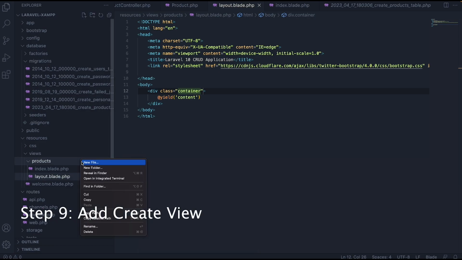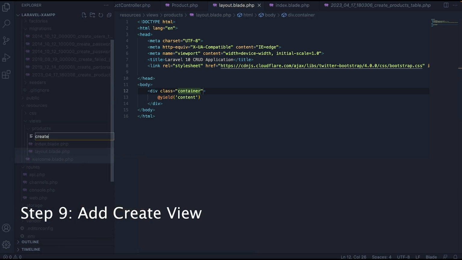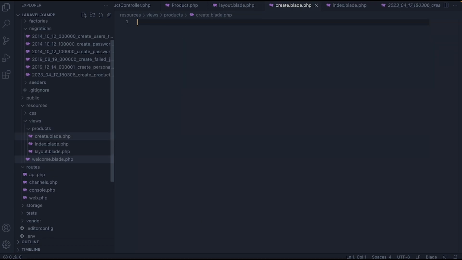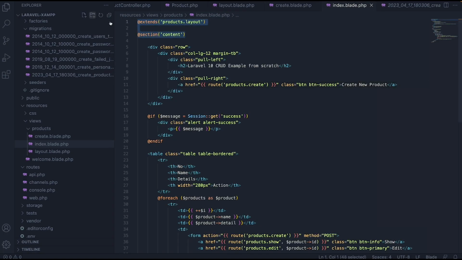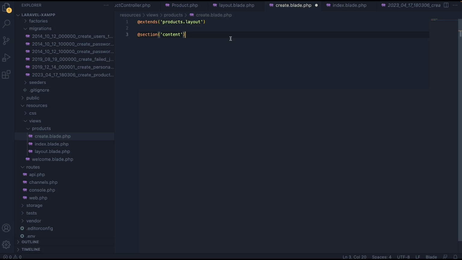So on products, I'm going to right click and create new file, and this will be named create.blade.php. Inside here, we're going to extend from layout, and we are also going to use the section content. So I'm going to copy this and paste it out. And then I'm going to add a div. And inside the div, I'm going to add a class, and this will be row. And I'm going to add another div, and the class for this div will be col-lg-12,